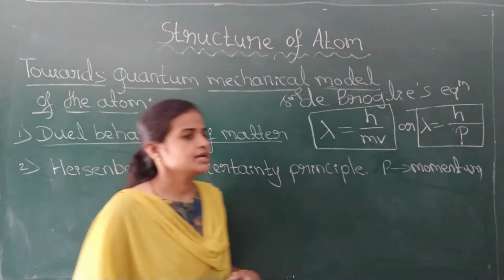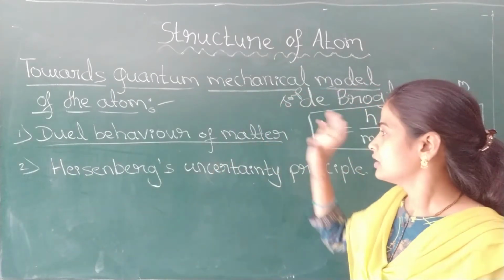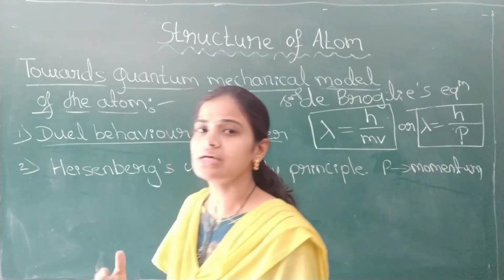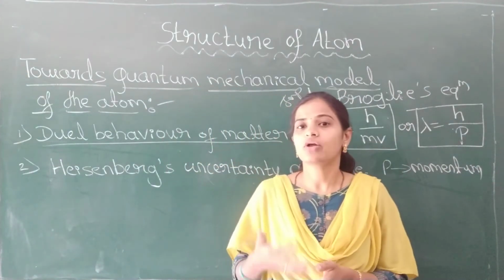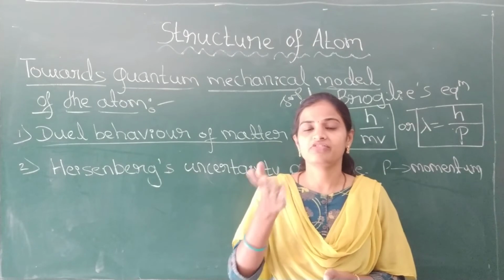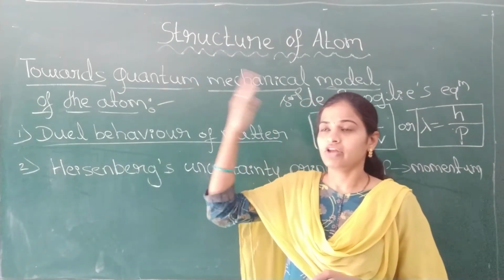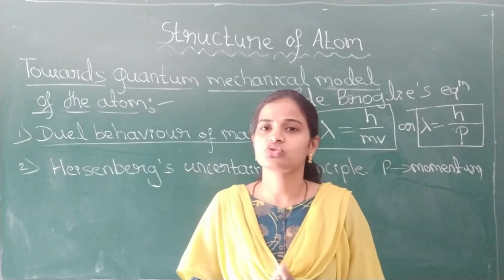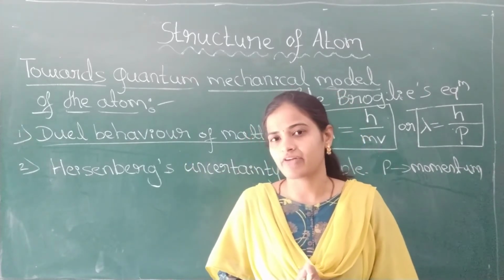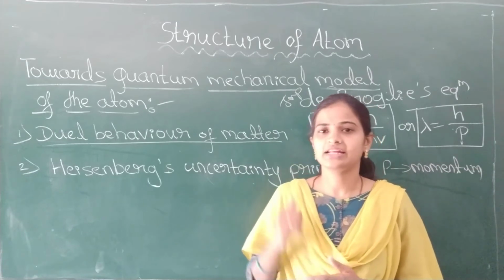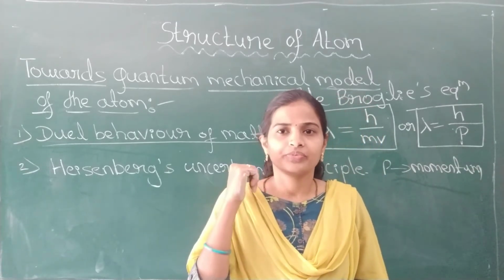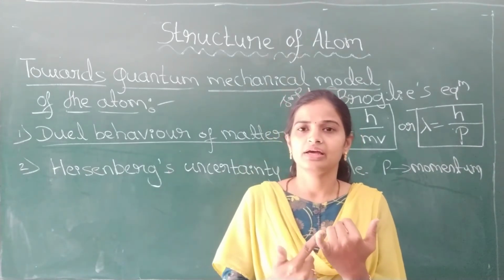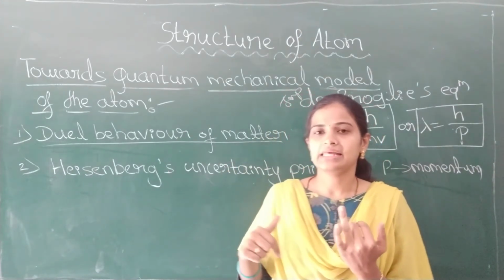What de Broglie has told is proved experimentally. Later it was proved experimentally that electrons can also undergo diffraction. Diffraction is a phenomenon shown by light, but the scientists have shown that electrons can also undergo diffraction. Therefore, they decided that every matter will exhibit dual behavior, wave-like behavior as well as particle behavior.